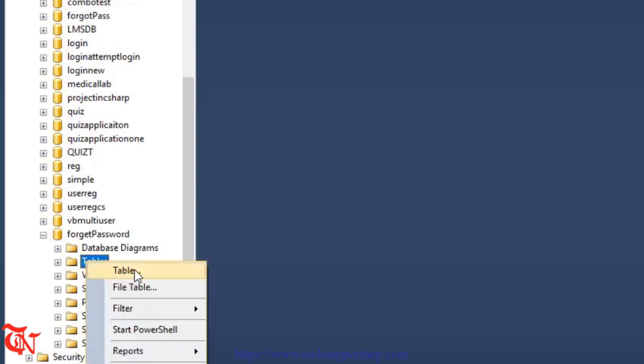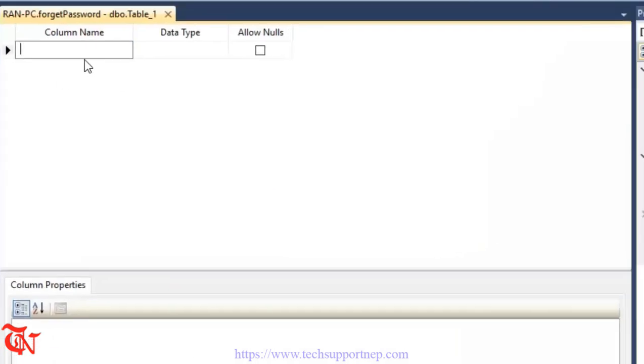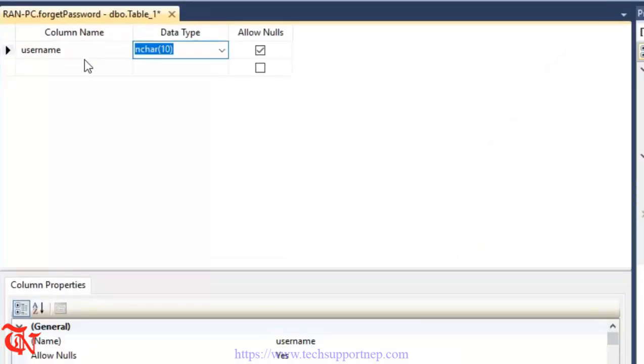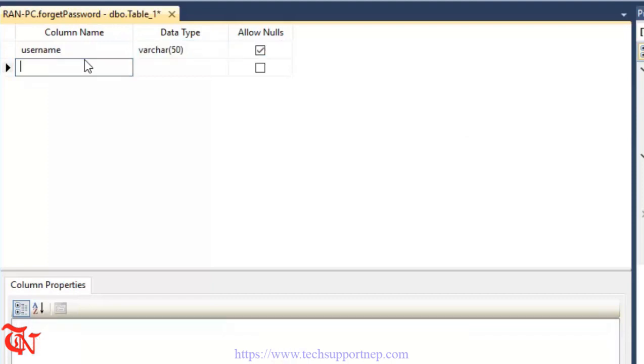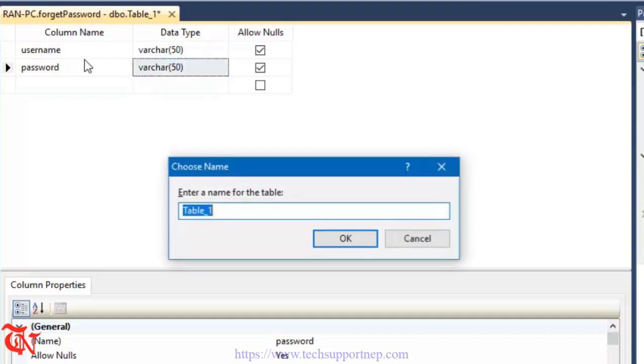Right click over table and click on table. Now here goes the column name, username, and data type is varchar, and in the column name is password. Data type is varchar, and then press Ctrl+S from your keyboard and give the table name,